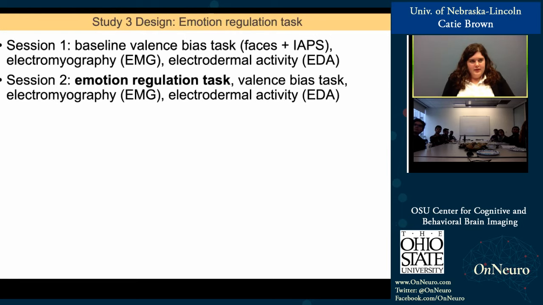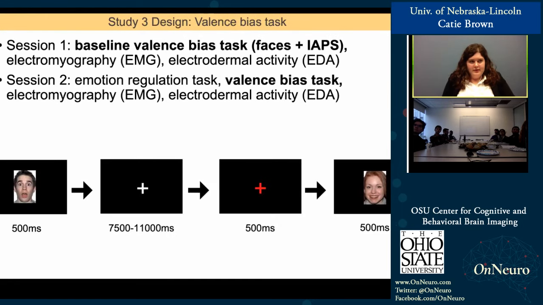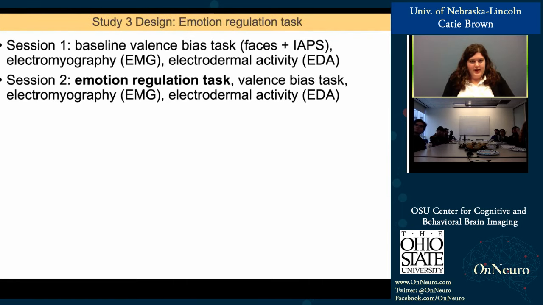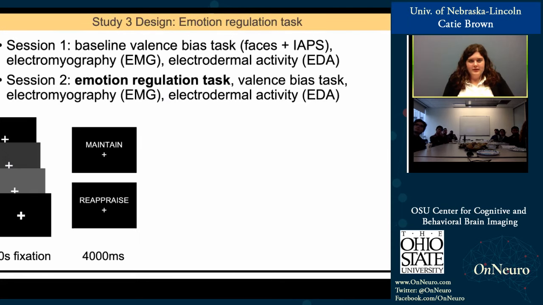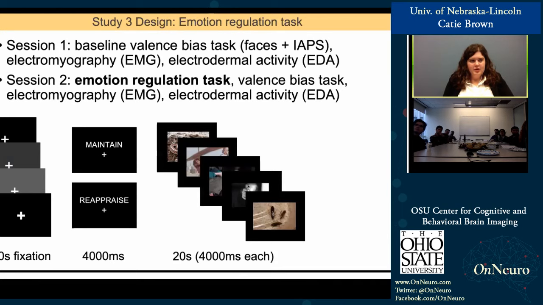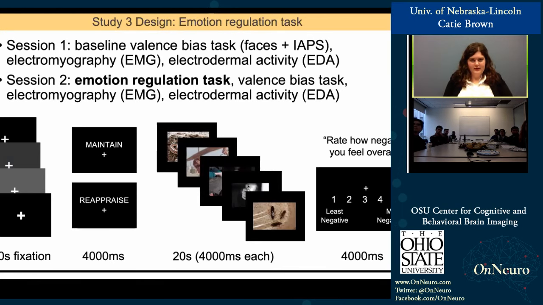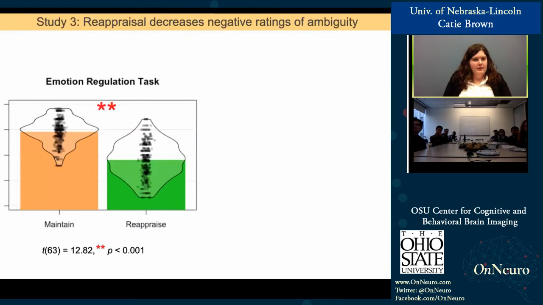And so the design was the exact same as the Valence Bias task, except that we added EMG and EDA. The emotion regulation task was the same, where they saw the fixation, instruction, then they used the instruction, and then they rated how negative they felt. Looking at those negativity ratings, we see that, again, participants said they felt less negative after the reappraisal blocks and